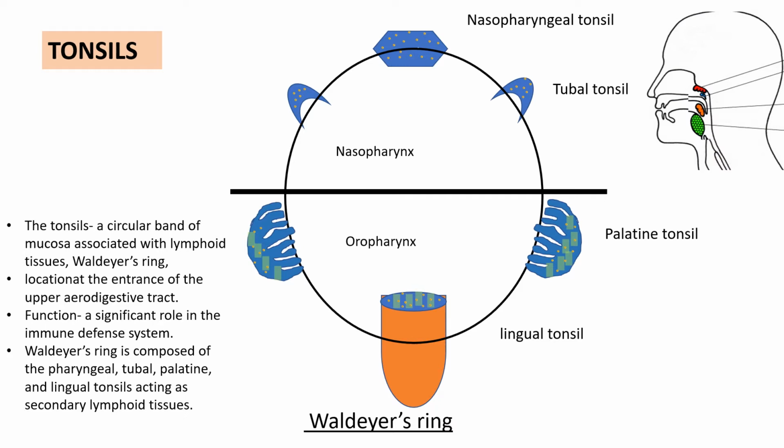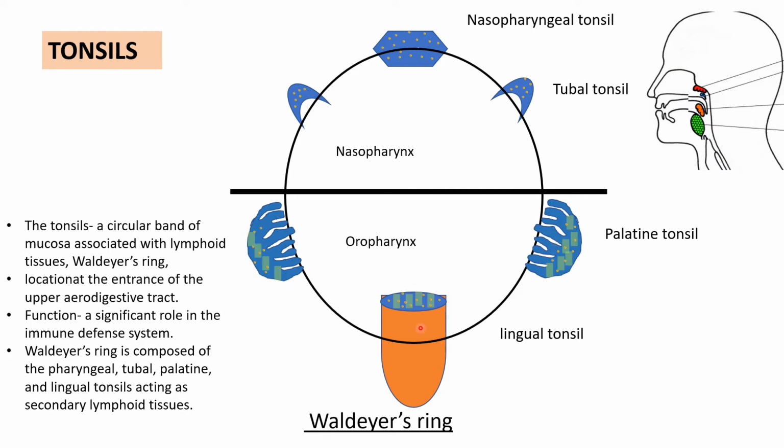Let's see what are the components here in this picture. One can see this is the nasopharyngeal tonsil. This is present in the midline in nasopharynx. Then tubal tonsils on the posterior superior edge of the opening of pharyngotympanic tube. The tubal tonsils are present under the mucosa. So they are bilateral. So this set is present in the nasopharynx. Whereas in oropharynx, in the tonsillar sinus or the fossa, we have palatine tonsils.